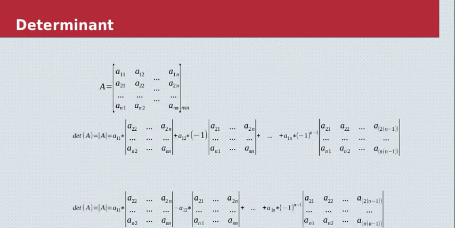Here is the general formula for determinants. Here a determinant is nothing but the sum of multiplications of the element and its cofactor matrix. So here we are taking the first row entries. So A11 into the cofactor matrix of A11. The cofactor of A11 is nothing but the matrix obtained by eliminating the row and column of A11. So the remaining matrix is the cofactor matrix of A11.